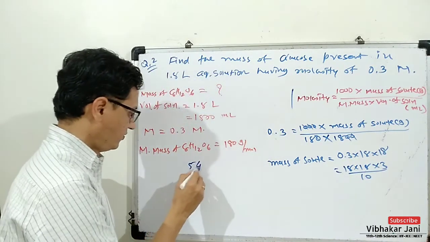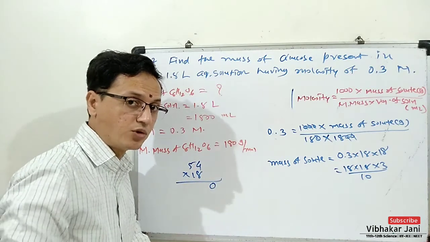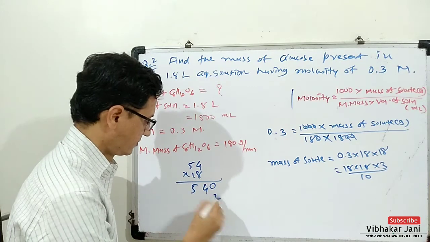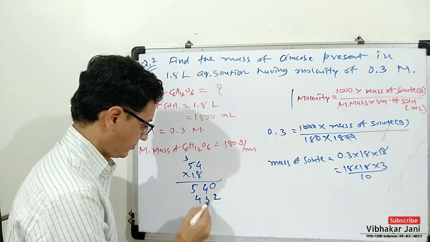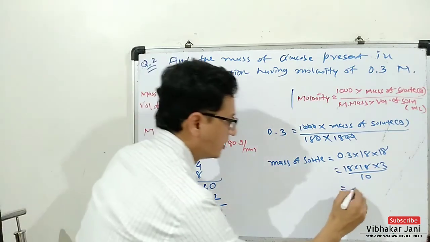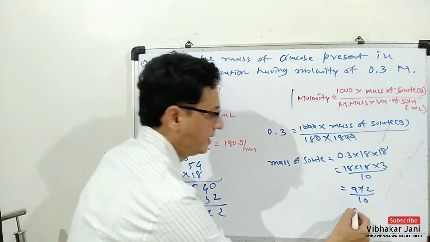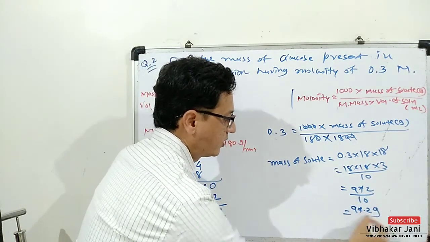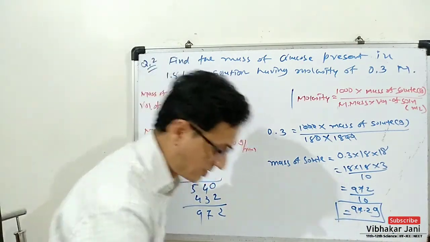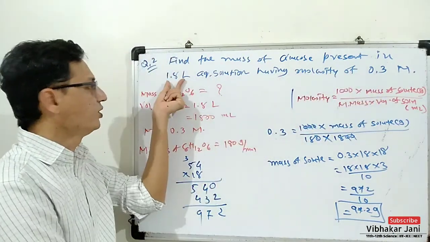So if you do 54 multiplied by 18, simply you can use calculator as far as board exam is concerned. 972. So it is 972 divided by 10. So ultimately our answer will be 97.2 gram. This is the mass of glucose which is dissolved in this solution having molarity of 0.3 molar and